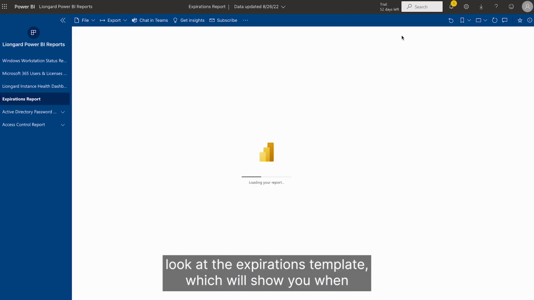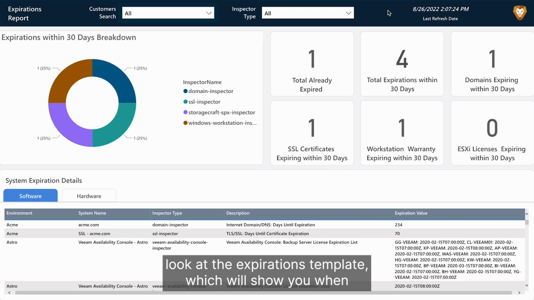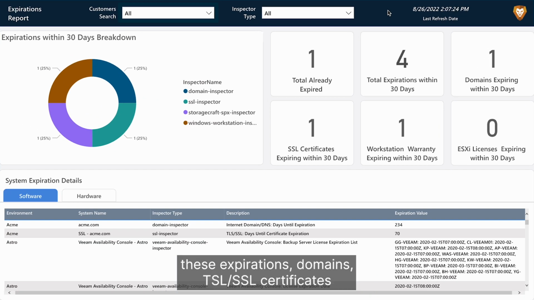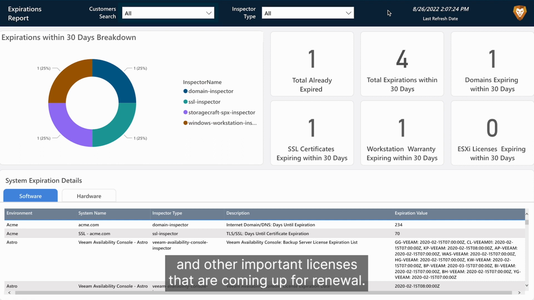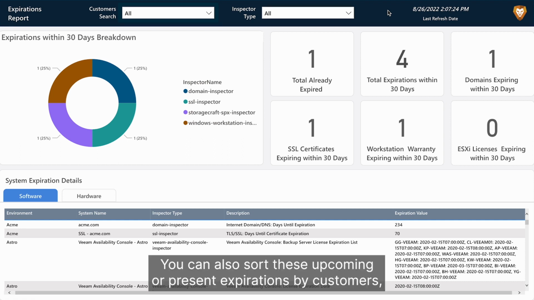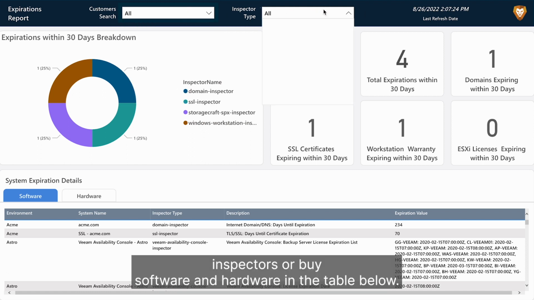Now let's look at the Expirations template, which will show you warranties, expirations, domains, TLS, SSL certificates, and other important licenses that are coming up for renewal. You can also sort these upcoming or present expirations by customers, inspectors, or by software and hardware in the table